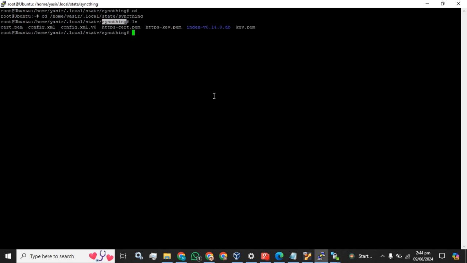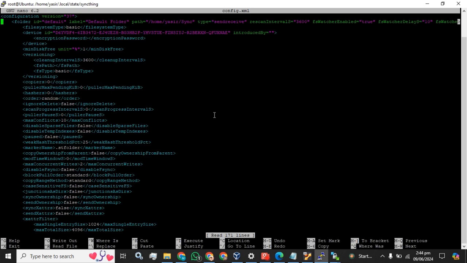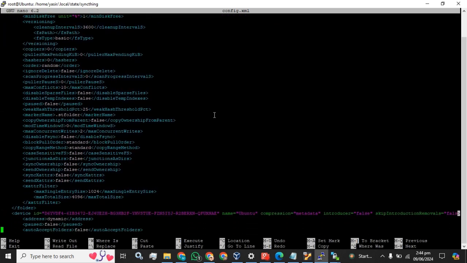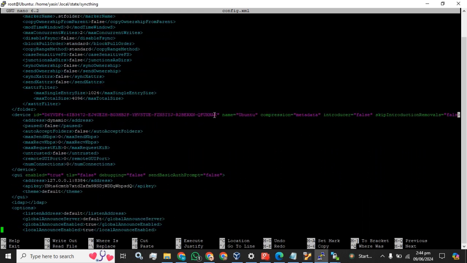This time the path will not be the same, so I have configured it. The Syncthing folder resides at this path in the home directory, under my user, then this directory, and this is the directory where the config.xml file resides. So I am going to edit it to make some changes to access the GUI for Syncthing. By default